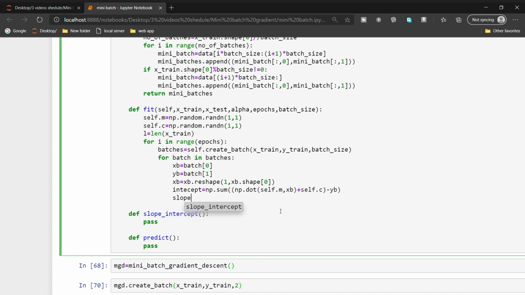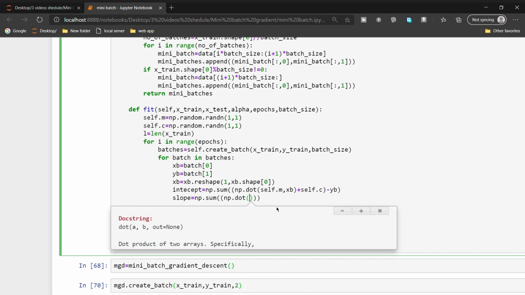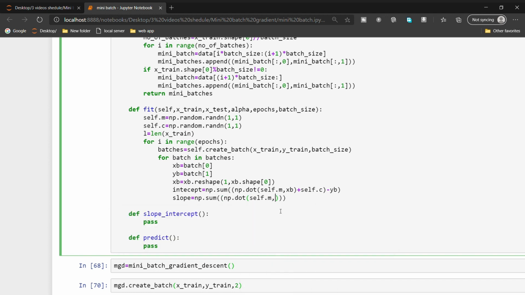Next we need to create the slope also. np.sum(np.dot(self.m, xb) plus self.c and y minus yb.